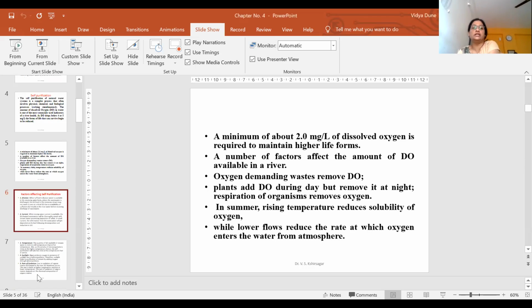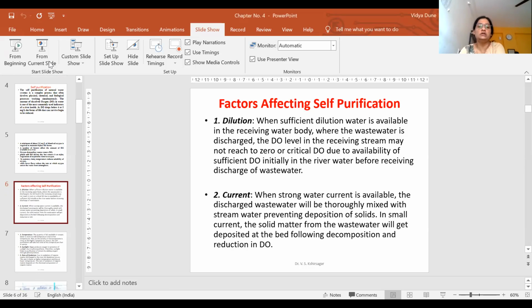So what are the different factors affecting the dissolved oxygen or the self-purification process? Self-purification means the water is naturally getting treated by natural methods in any kind of water body. It may be a stagnant water body, it may be a running water body. If it is a stagnant water body, the phenomena will be different, and if it is a running water body, the phenomena will be different. So what are these factors affecting the self-purification process? That we will see in detail. So the first